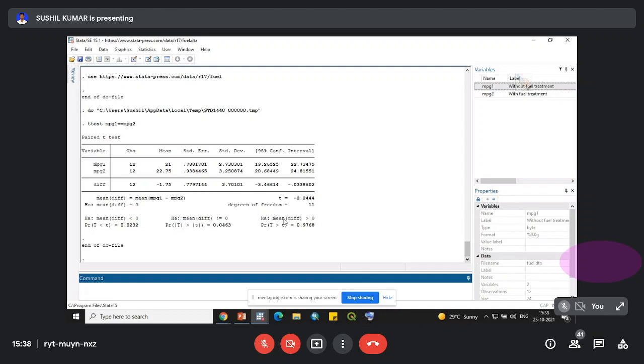Now, there are two alternate hypotheses over here. One is that it is greater than 0, and the other alternate scenario is that it is less than 0. You can see that the p-value for the alternate hypothesis where the mean difference is less than 0 is 0.002, which is less than 0.05. Therefore, in this case, we reject our null hypothesis and accept our alternate hypothesis that the mean difference is less than 0,